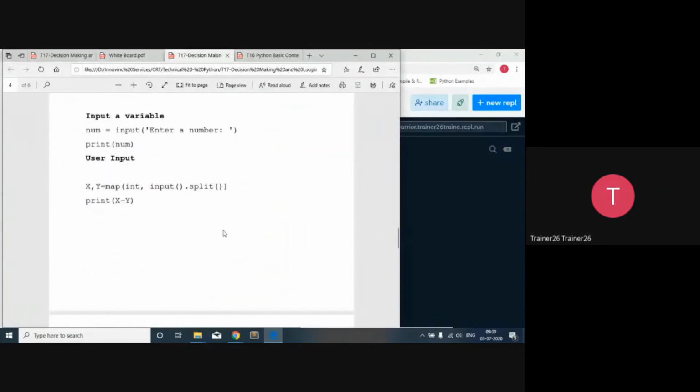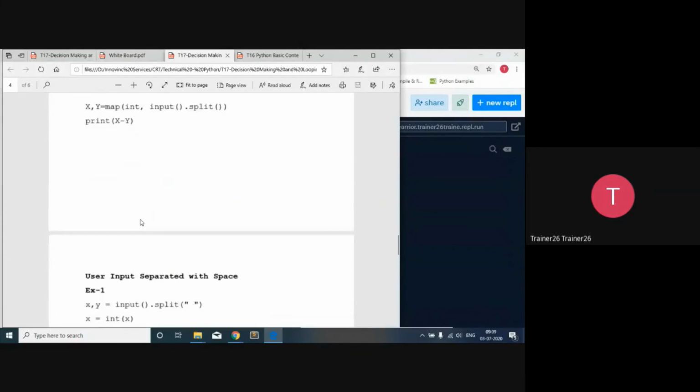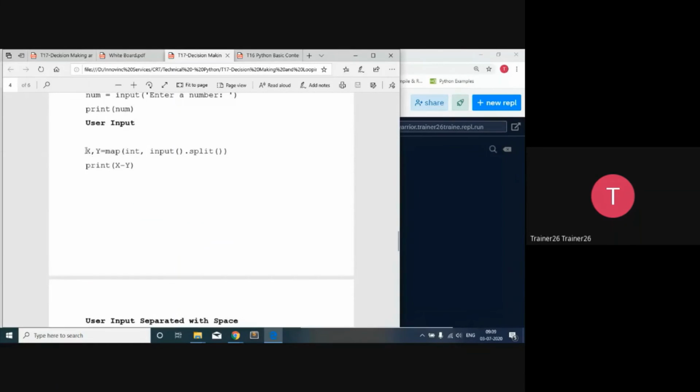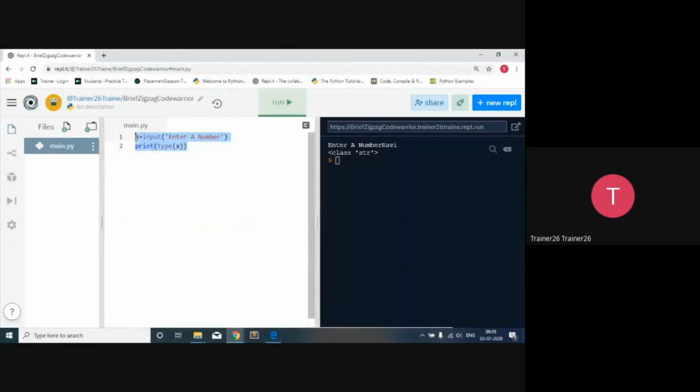So let's take an example where we want to read the 2 inputs. Here the example is there, map is the function for mapping the 2 values when we split them, and we are converting those things into integers. input dot split is the way we are going to call it, and then we are going to print it.